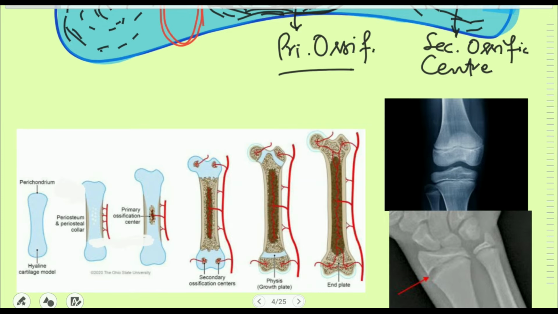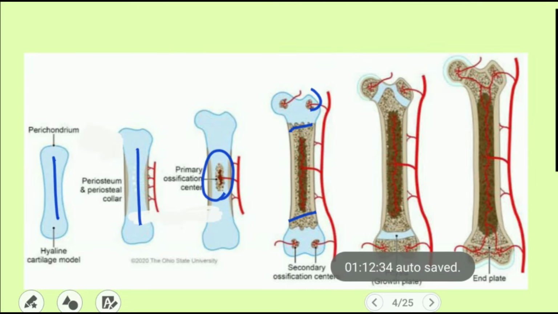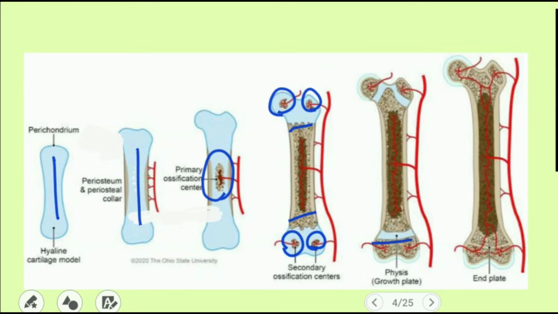Look at here. I will demonstrate here the development of the bone. At the initial stages, we just have a cartilaginous sample which leads to development of the mature bone. So here we have got cartilage. Then the blood vessels come and we get a primary ossification center which starts forming the bone. After that we get blood vessels penetrating here at the ends, and again the bone will form at the ends and we get bone here. This end is known as the epiphysis.